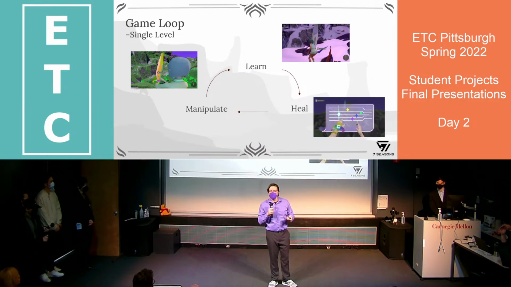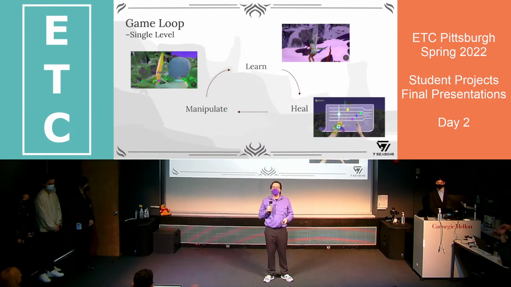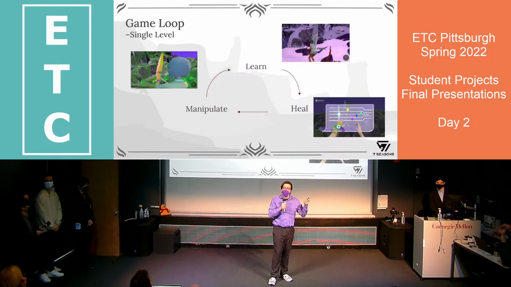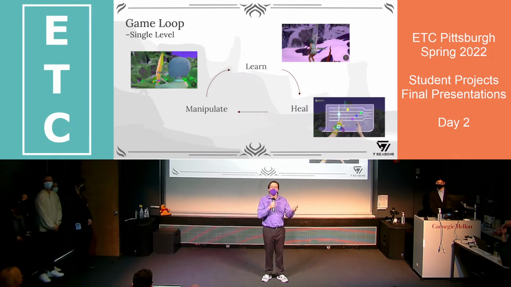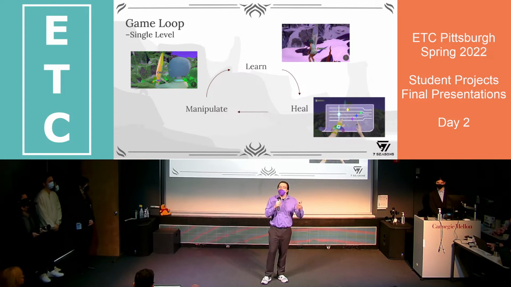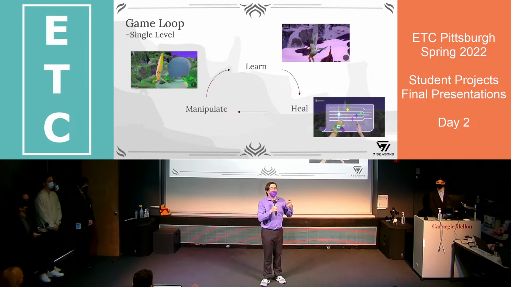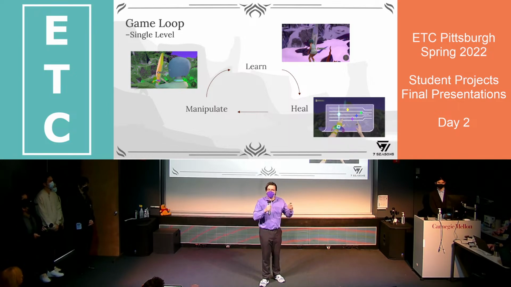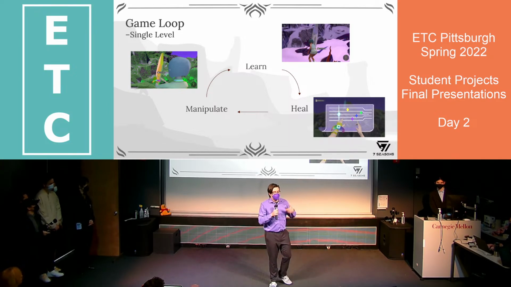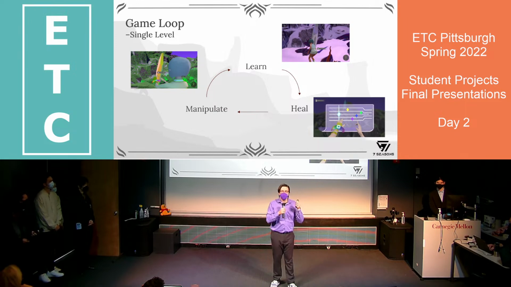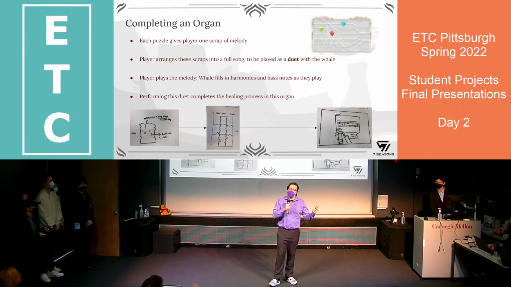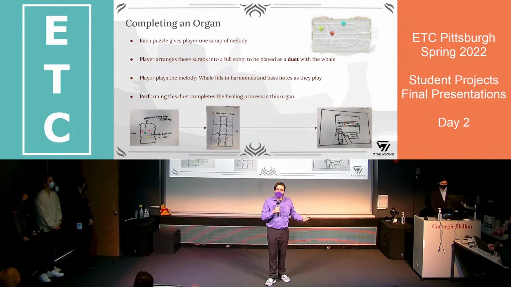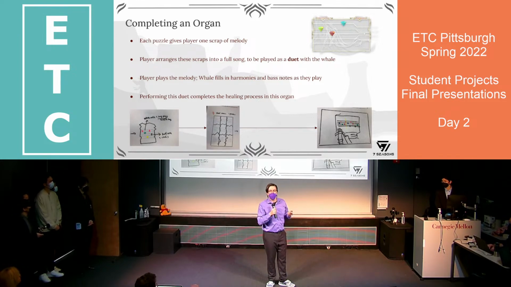This is what you do in the main loop of the game. You enter a part of the body that has been taken over by disease, such as the lungs or the vocal cords, and you use your music to manipulate the environment and create paths forward. You then study the disease to learn the notes of a healing melody that will cure it in this area, and then you perform that melody into the amplifying crystal to cure this area of the disease. You will go through this loop several times, gathering these little bits of music, and then you will arrange them into a full healing melody that is powerful enough to heal an entire organ.